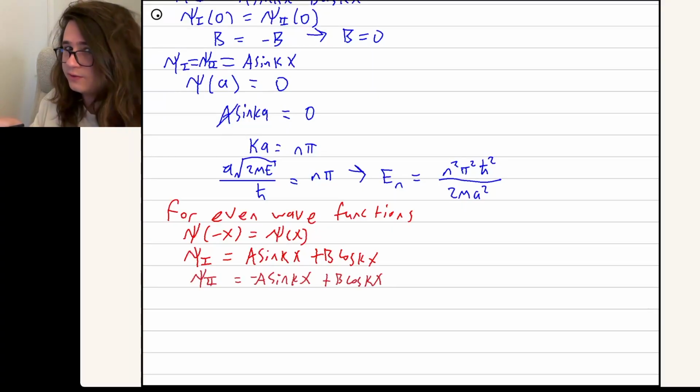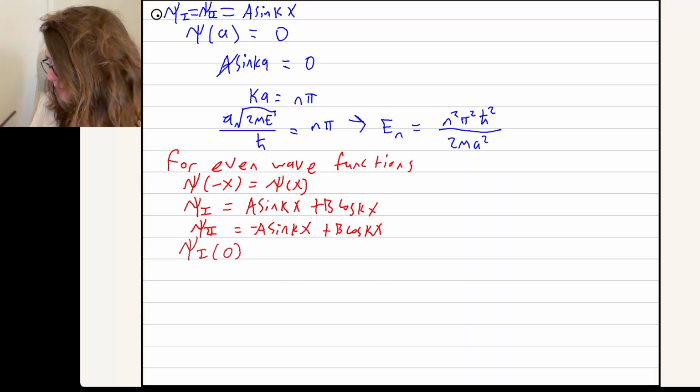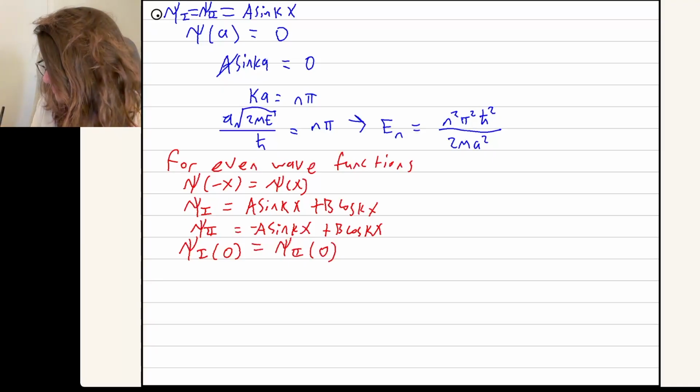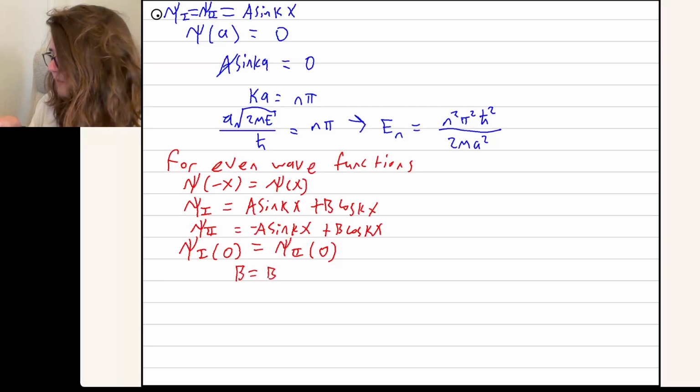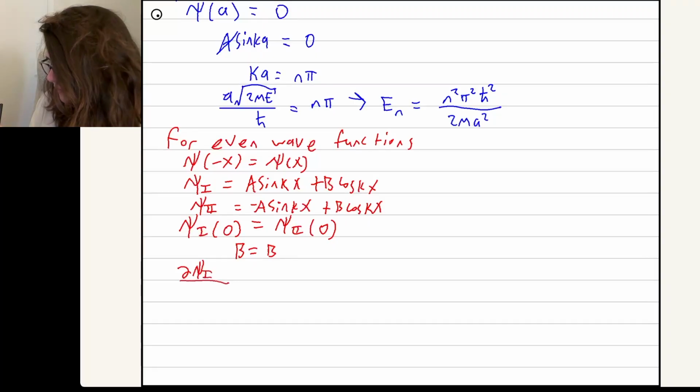We get that sort of thing. We can try to get a relationship between a and b by doing the continuity boundary condition again, but this is just going to give you b equals b, and that's not exciting. So we have to go a step further and use the fact that the wave function is not smoothly varying,